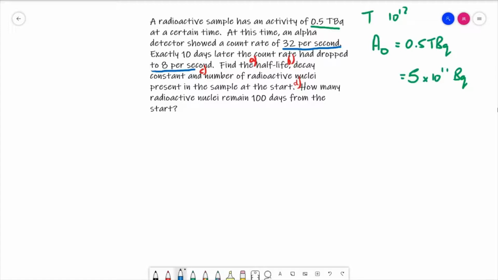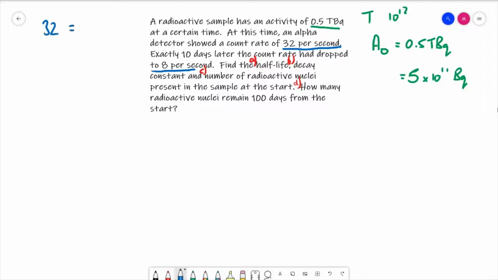This is only pointing at the alpha decay, so this particular sample quite obviously doesn't just give out alpha, it will emit beta and gamma as well, which contributes to that overall 5 times 10 to the 11. So we do need to make sure that we understand that these things are pointing at 2 completely different ideas. Now I want to look at those numbers and realise that they are far too convenient, and we notice that